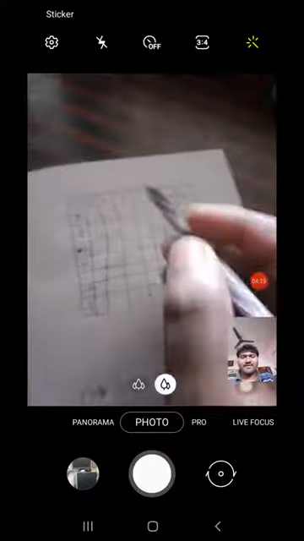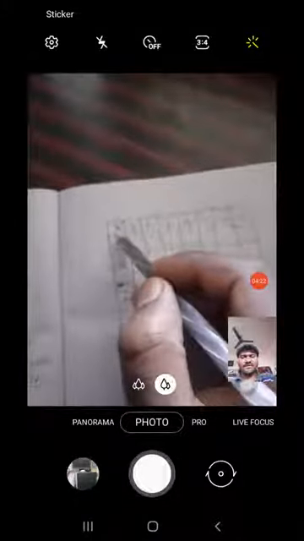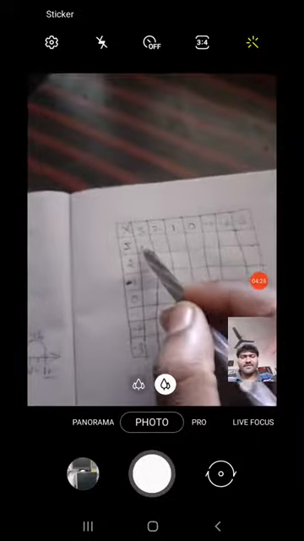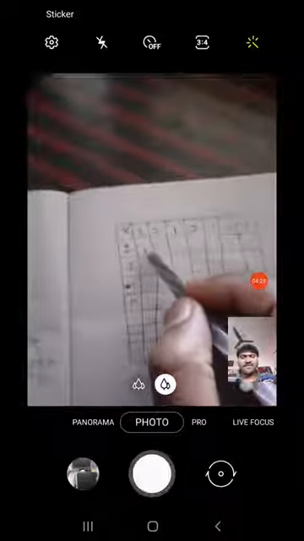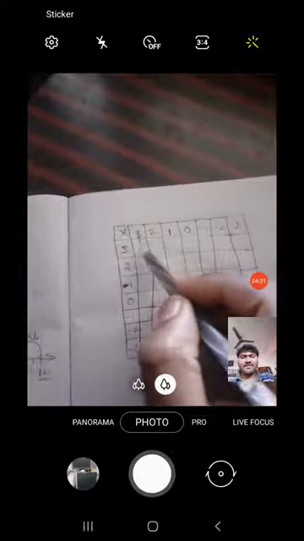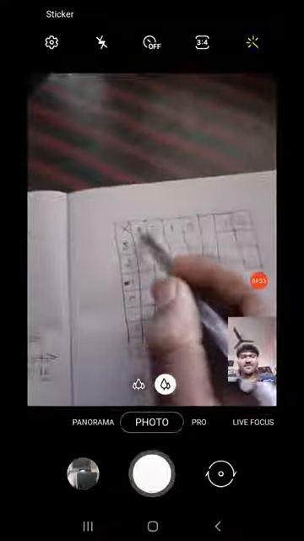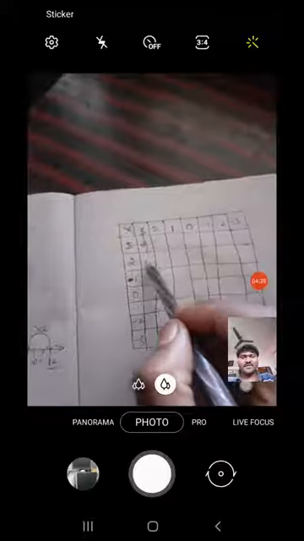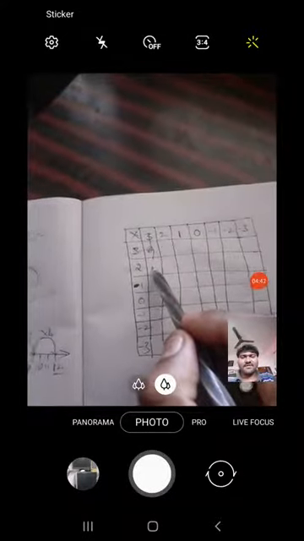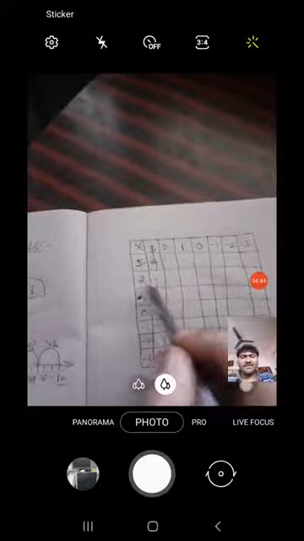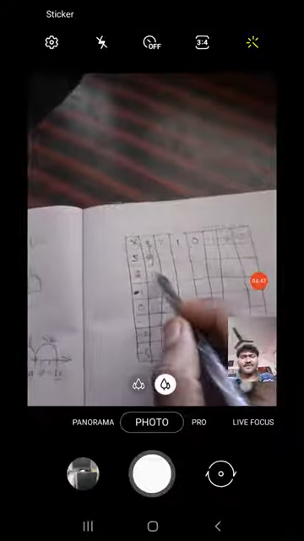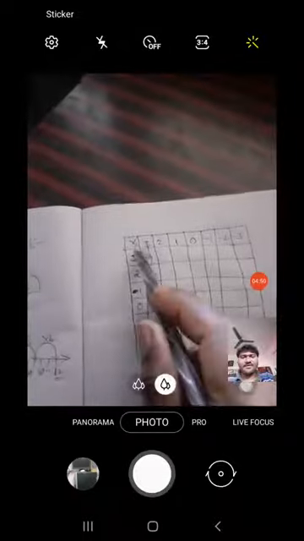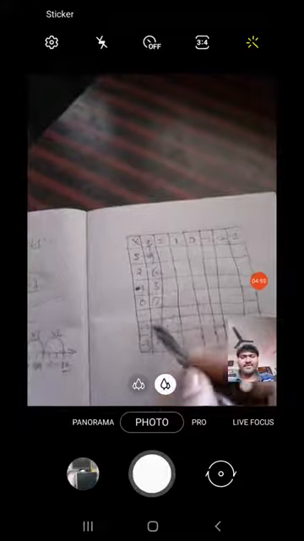For example, rows and columns are given there. This symbol is nothing but into. So you can take this cell, which is the column? 3 column. This is also a row. So 3 into 3 is 9. So we are taking this cell. When we take this cell, which ones multiply there? 2 into 3 is 6, 1 into 3 is 3, 0 into 3 is 0, minus 1 into 3.